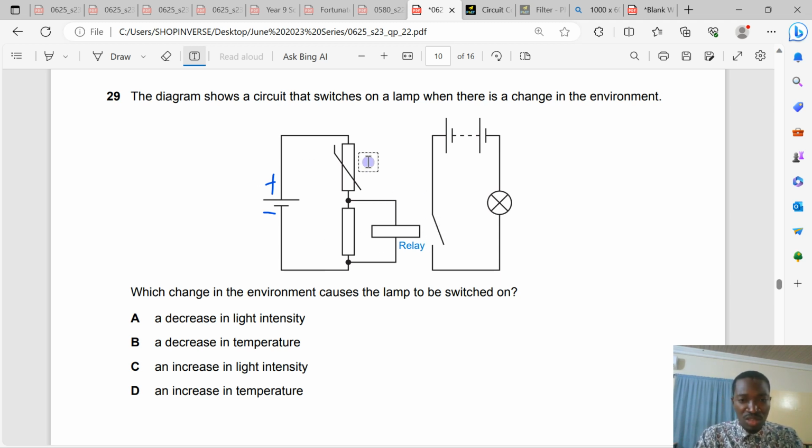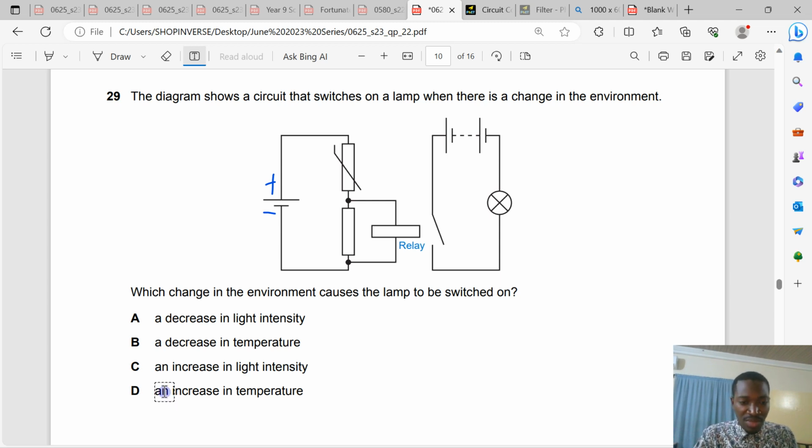So this is being controlled by temperature. Which change in environment causes the lamp to be switched on? It is a decrease in temperature. When temperature decreases, resistance here will be low, resistance here will be higher than this, making voltage here high. So it's a decrease in temperature. A decrease in light, no. A decrease in temperature, B. That makes option B the correct answer to question